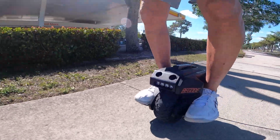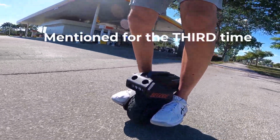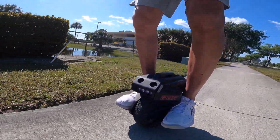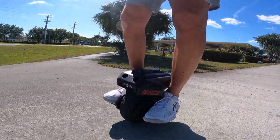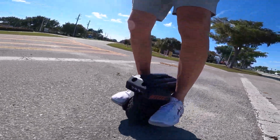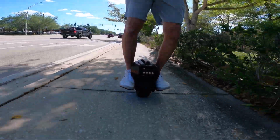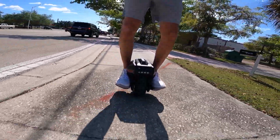I don't know if I mentioned that this is only a 42 volt powertrain. Battery's around 184 watt-hours, but it uses, believe it or not, Samsung 50S cells. Yes, it does. It uses high performance cells. I can tell you the range performance is definitely exceeding my expectations. All right, I'm almost home at a total of 6.6 miles. Battery reading is currently 40%,